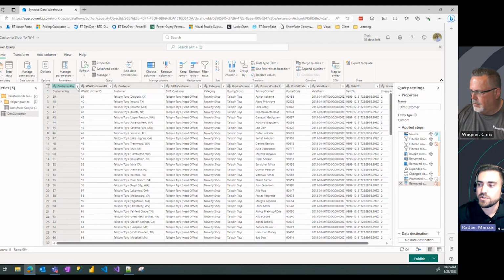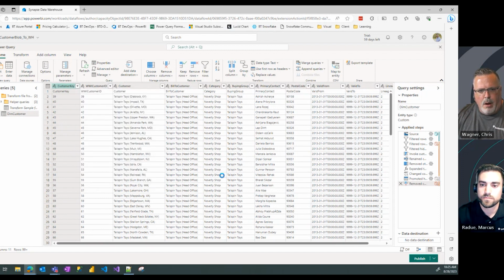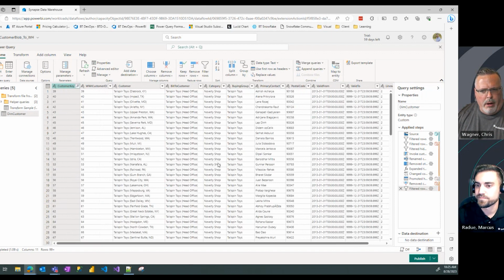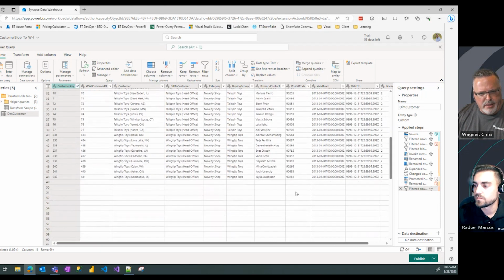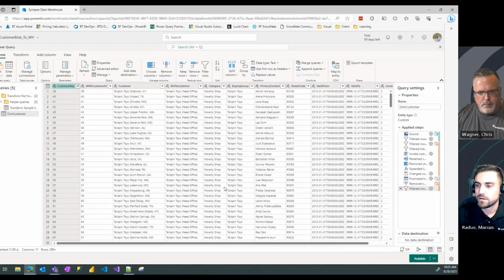And then the last thing I'm going to do is, because it repeated my header rows for each file that it included in this dim customer query, I'm going to click on the customer key column and I'm going to filter out all the values that contain customer key, which would represent that header row. Okay. So now I believe I have all the records that I want to load into my dim customer table,